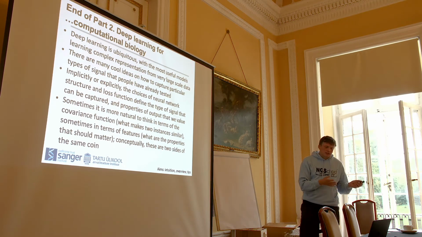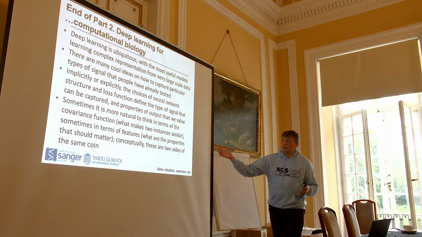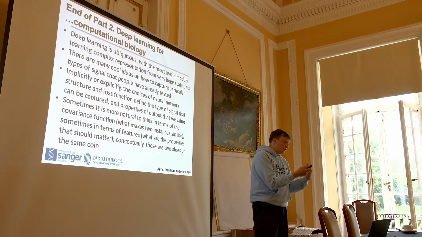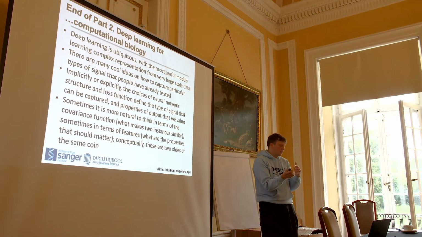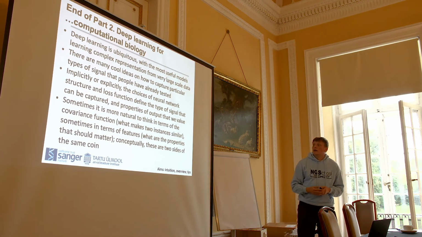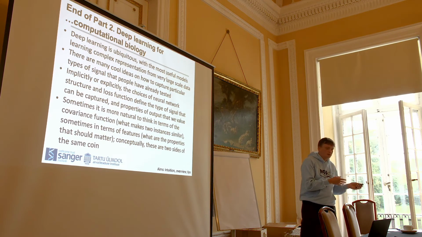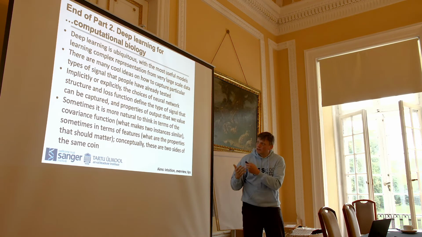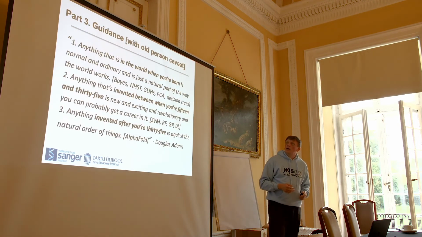And there's this somewhat exchangeability between what to think about. So the covariance function and what makes samples similar, there's duality to feature representation. Every covariance matrix is also a dot product of two feature vectors. So you can think of them as two sides of the same coin, and sometimes it's more natural to work in one space, sometimes in the other. People think about covariance less frequently, but you should.